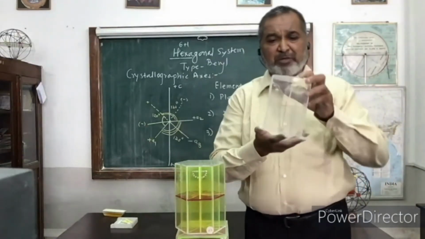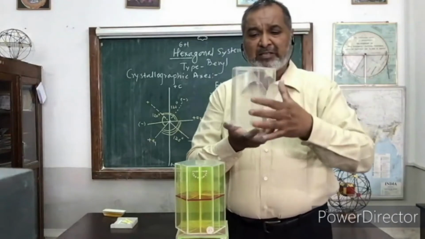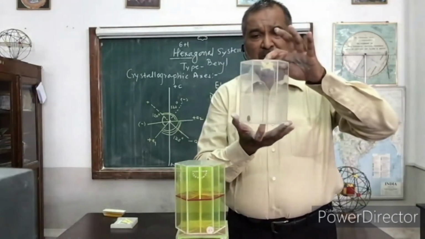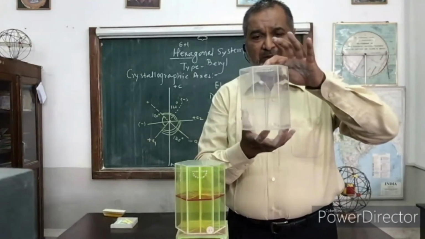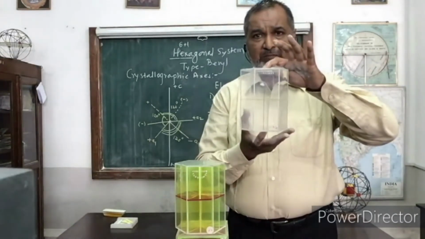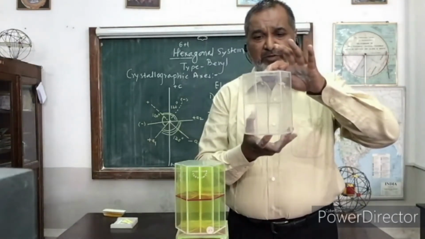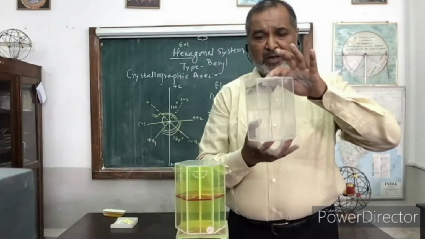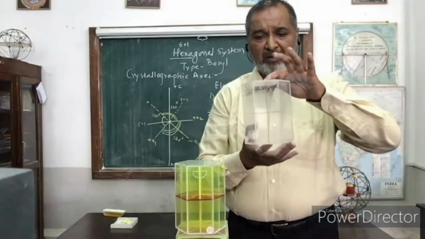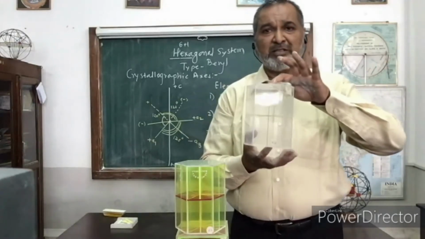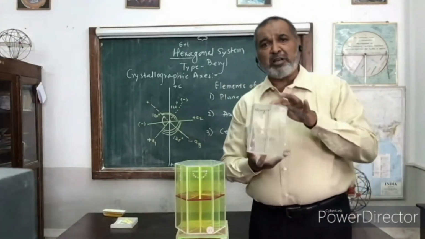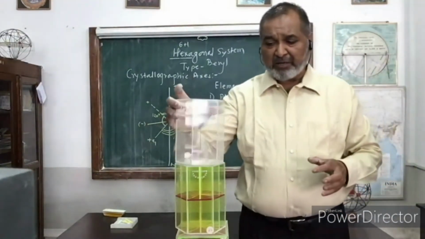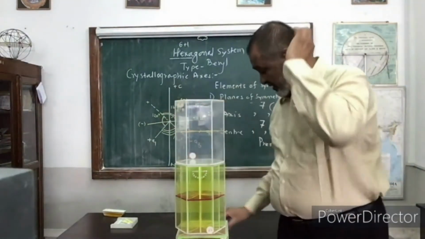So you can get the clear picture now. This is the marking there, or you can take this marking, and now rotate through 360 degrees. This is the first phase. The same place will occupy the same position. Second, this is third, this is the fourth one, this is the fifth one, and this is the sixth one. So along the c-axis, when you rotate a model through 360 degrees, the same phase will occupy the same position 6 times.